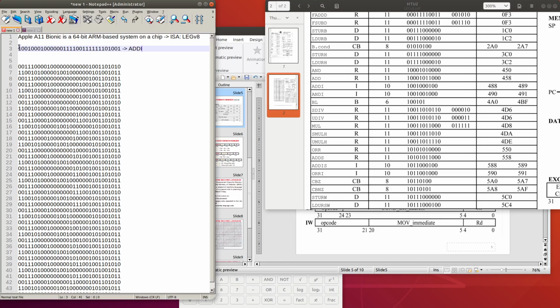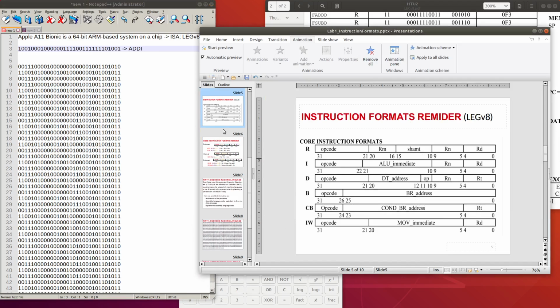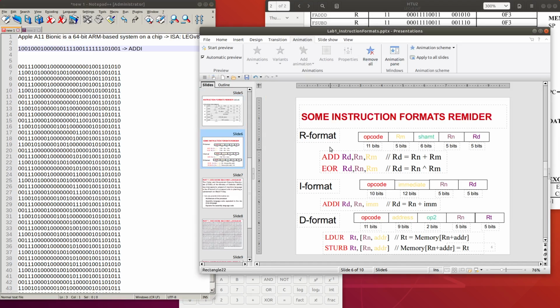Okay, and we need to cut it, so now we go back to our reminder. We can see here for I format, the operation works with immediate operands. We have 10 bits of opcode, 12 bits of immediate value, 5 bits for Rn and 5 bits for Rd, and we will need to cut it into 10, 12, 5 and 5.